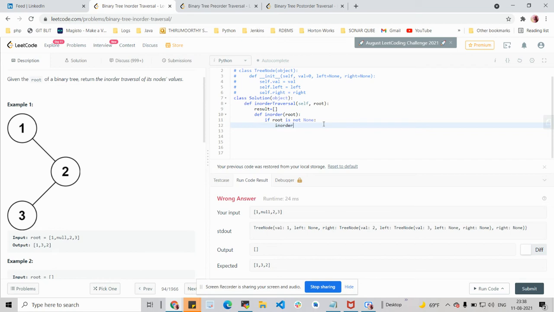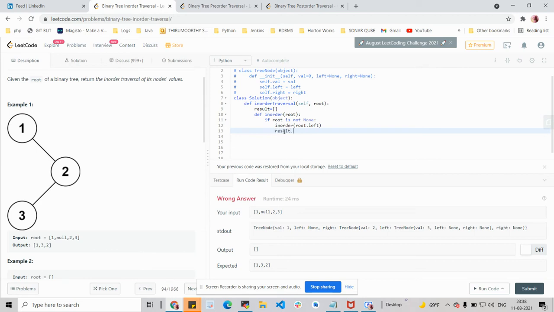In-order of root's left, so that whatever be the level of the tree's height, it will reach the lower level and keep on repeating the order: left, root, and right traversal order. That is what I'm implementing here recursively.